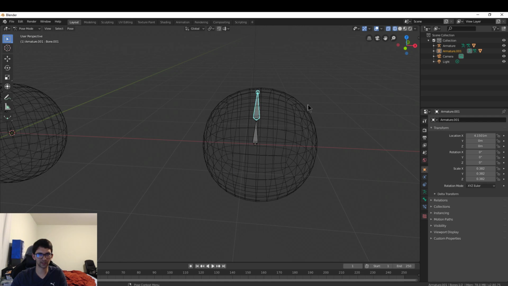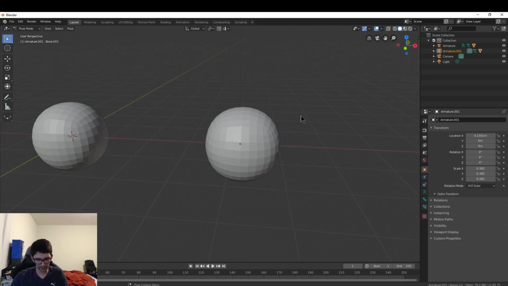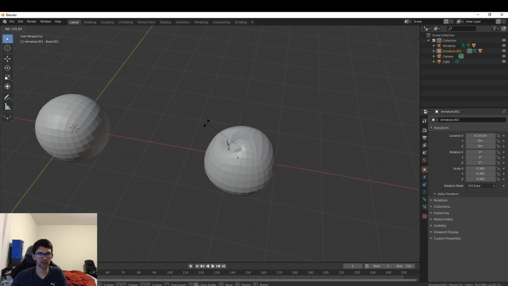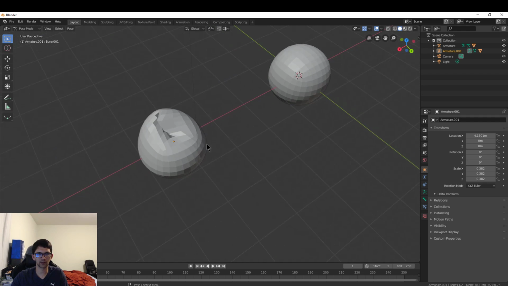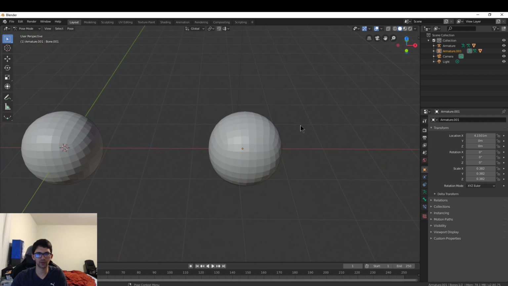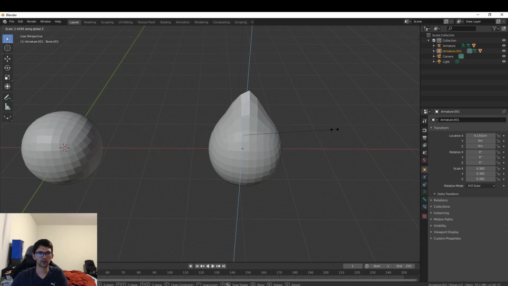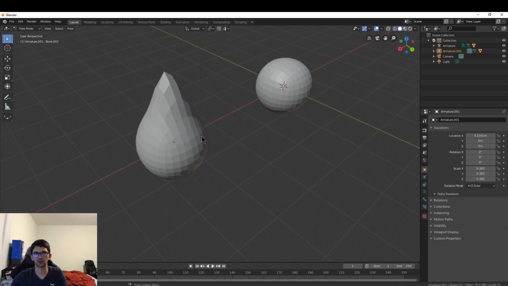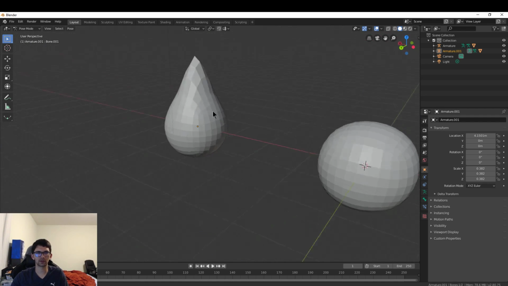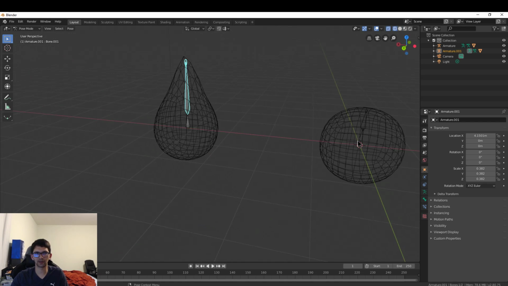So we'll go into pose mode, select this guy, and then right off the bat, when we start rotating, notice how it doesn't behave quite the same. In this case, the swirl is a little bit more controlled. It looks a little bit more smoothed out, I guess you could say. If I was scaling it up, then it's a little bit more pointy, and it doesn't have that sharp drop like we saw before. So this is scaled up on that one,